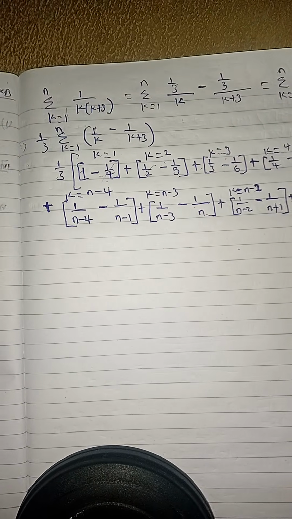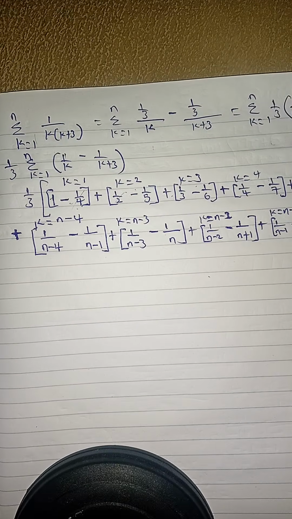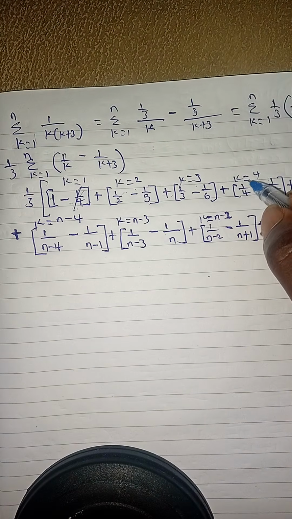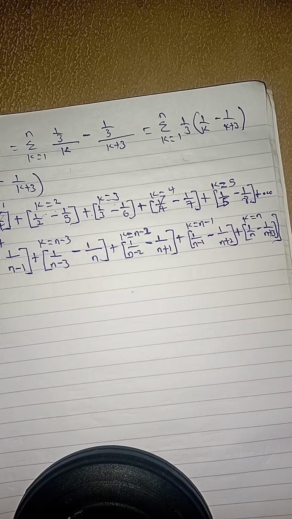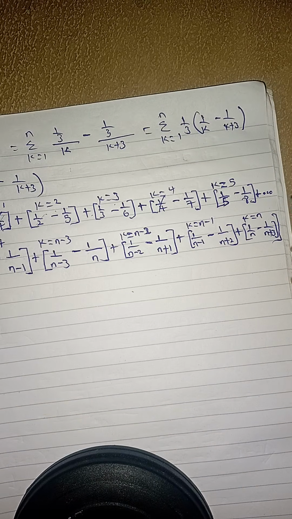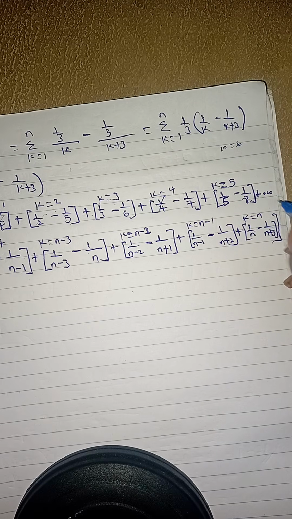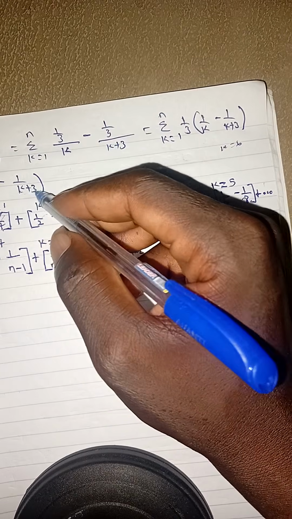Now, what we need is where two numbers started cancelling out. So here we see that 1 over 4 minus 1 over 4 cancels, right? So let's continue. Now, listen, pay attention. If I skip many things. Now, if I were to write for k equals to 6, I'm going to have the next term, which will be 1 over 6 minus 1 over 9. So if I put 1 over k it will be 1 over 6, and 6 plus 3 is 1 over 9.